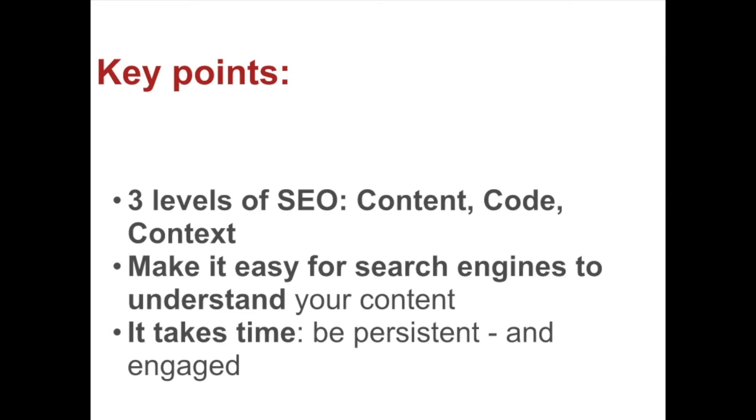And finally, this takes time. You cannot make a massively successful SEO website overnight. It does take time. You have to be persistent, to build up things like PageRank, and it's helpful to be engaged as well, to interact with people online and build the links and the relationships that lead to that improved ranking.